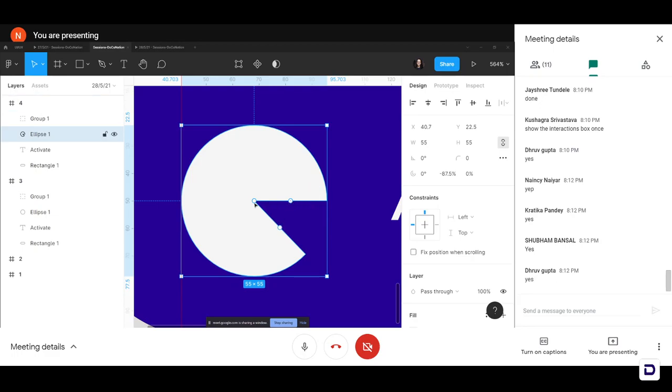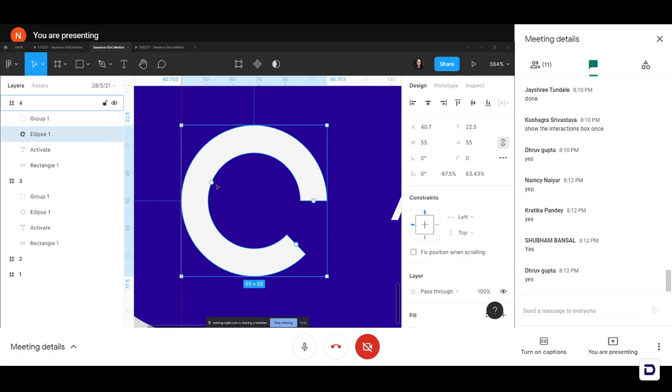So all I'll have to do is move on to the center part of this circle, the one that shows on the center part. And I will press Control Alt on my keyboard and drag it. I'm going to press Control on my keyboard and drag it and decrease the border, maybe the stroke or whatever you call it. Okay, so I'll just have to press Control and drag it to the boundaries.